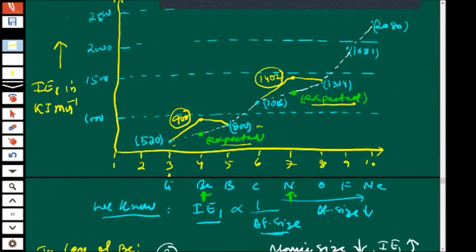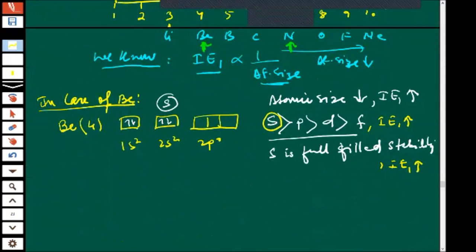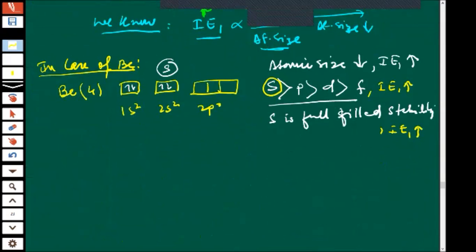But the mischief, the exceptional behavior, is shown by beryllium, not by boron. Okay, children? So that's why we are getting a curve a little bit disturbed from what we expected. In the same way, we have to give a reason for nitrogen also. Why is nitrogen showing some exceptional behavior? Why is the ionization energy of nitrogen greater than oxygen? It should be less than. This is the expected value, children. But why? For that reason, we can again discuss that